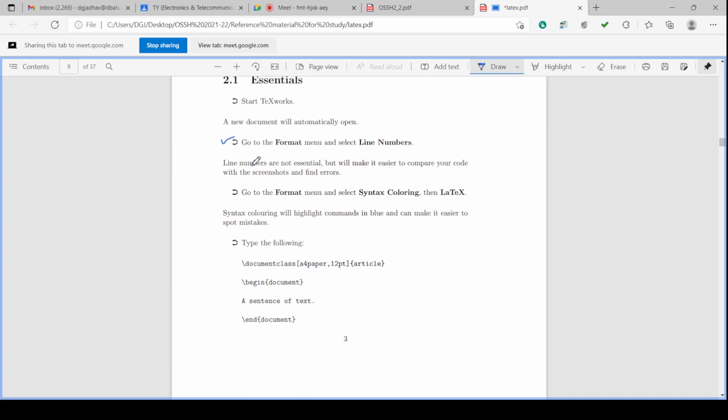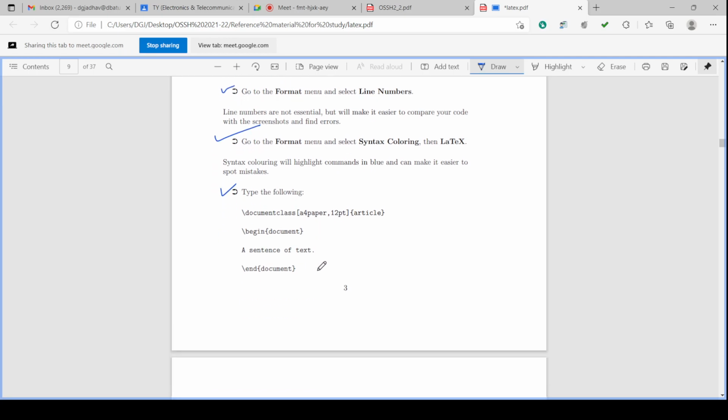So this is the action, this is the action, this is the action. Okay. And backslash documentclass, square bracket, A4 paper size, comma 12 point font size, and curly bracket, it is article. This we have seen, defining the document class of the document. Then backslash begin and backslash end, these are the start and end of the document.